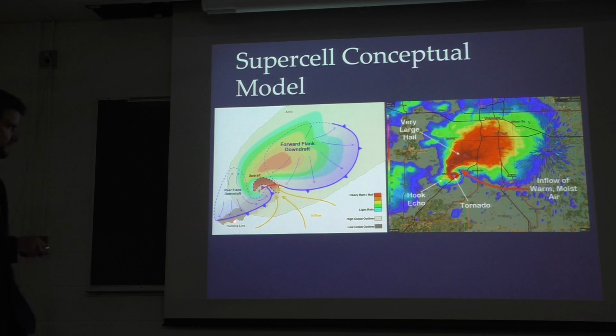In the conceptual model, they also have what's called a rear flank downdraft, and it's been shown many times over the years that a lot of supercells do have this feature. Interestingly enough, in our simulation, it's not super present until after the tornado really gets going. We won't really get into that much, but it is interesting to note. And so in these storms, you have flow that goes like this. You have flow that comes out of the forward flank downdraft into the updraft and wraps around itself here into the mesocyclone.